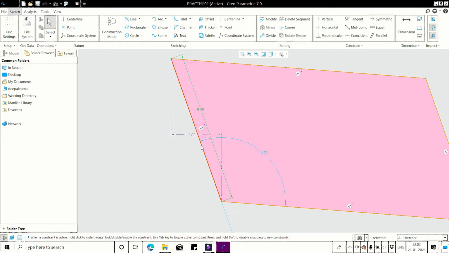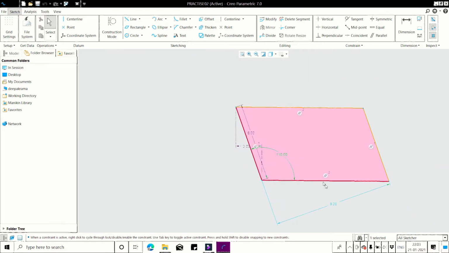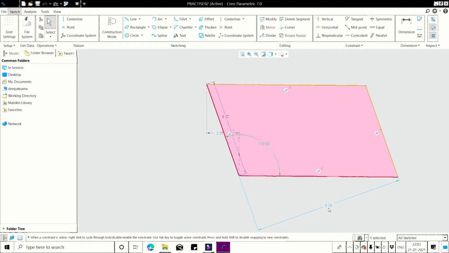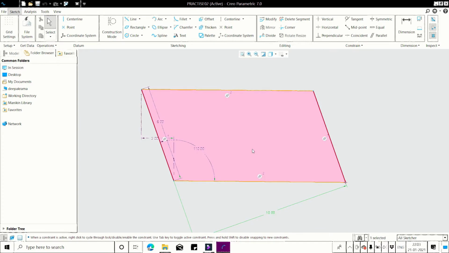Then the angle between the two adjacent lines. I will give it as 110. And next one is the width of this rectangle. I will give it as 10. So see how the parallelogram tool is used.